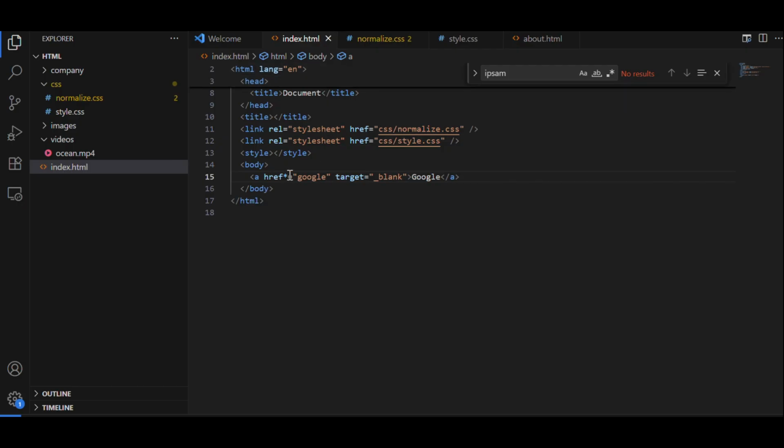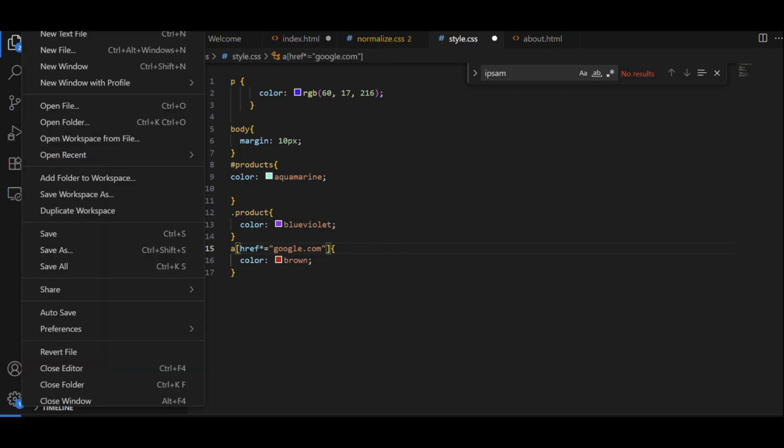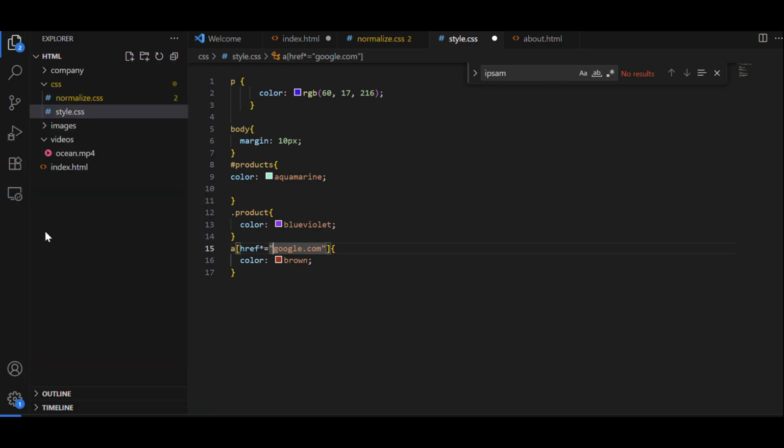So we need to do this, sorry, not here. Let's go to style.css. Here we should put asterisk equal to, and let us search for only the word google.com, right,